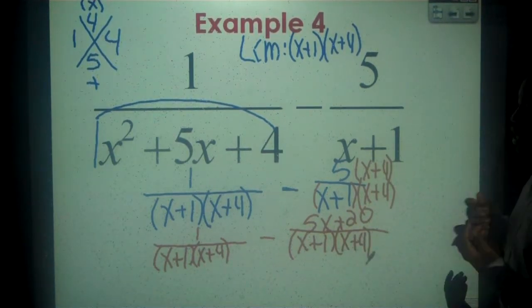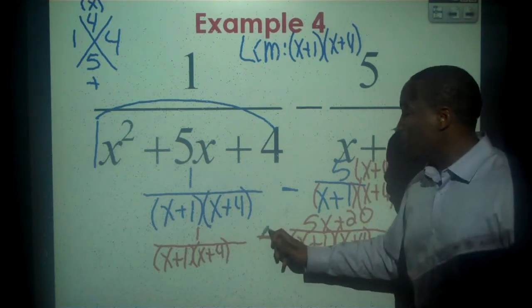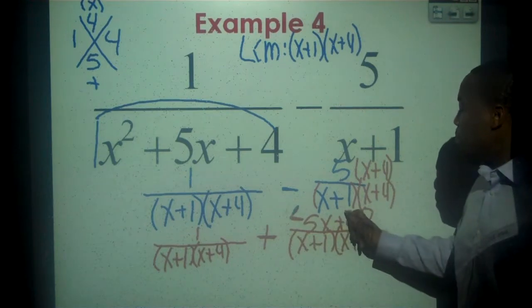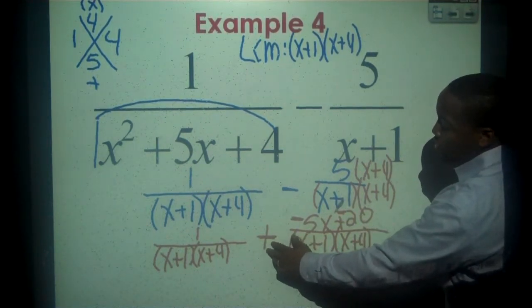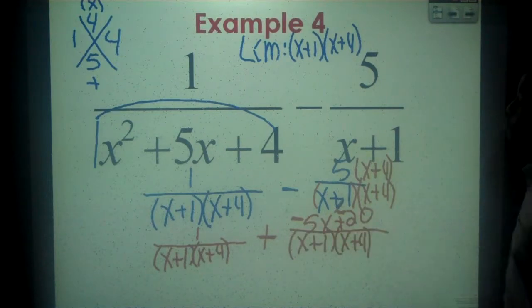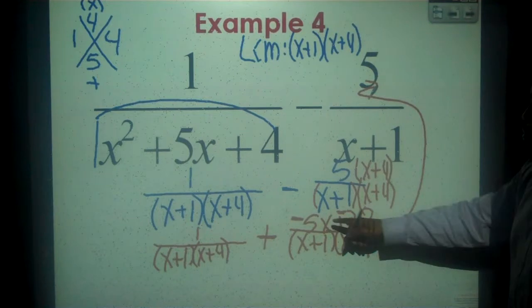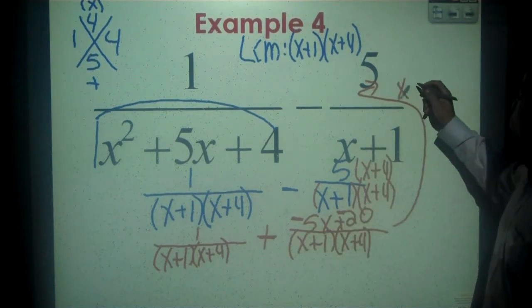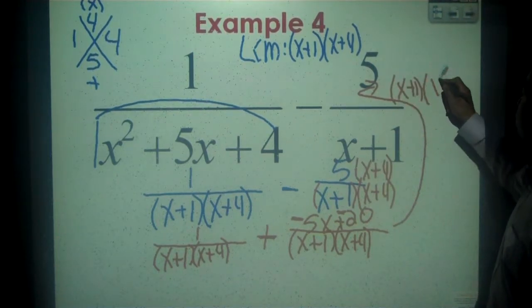Now I have a minus sign here. What I like to always do when I have a minus sign is switch it around. So plus, make this a negative, and also make this a negative, right? We never want to subtract, we always want to just change our signs. So my answer would be, I'm going to bring it up here. I'm going to keep the bottom the same. So that would be x plus 1 and x plus 4